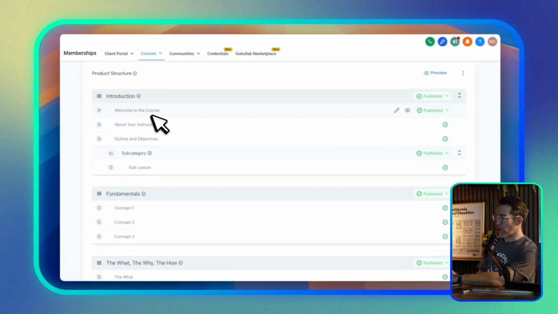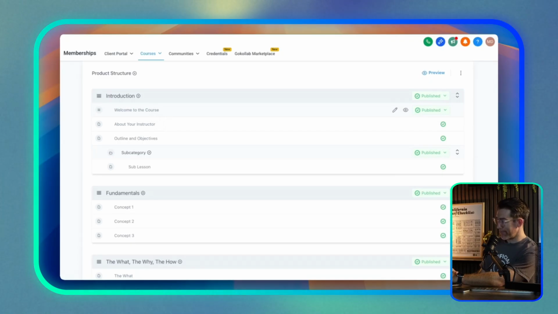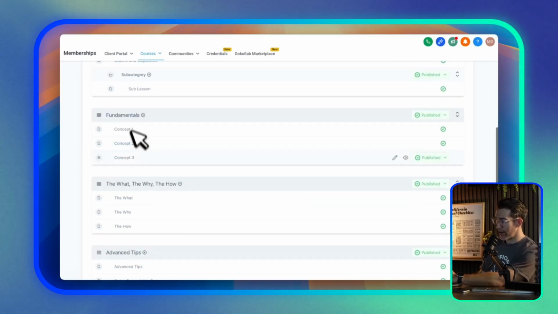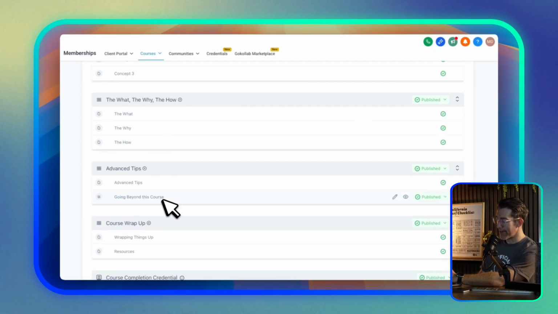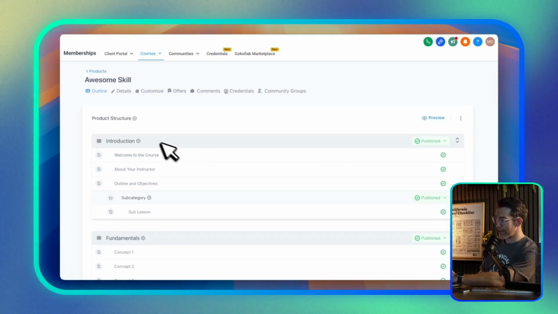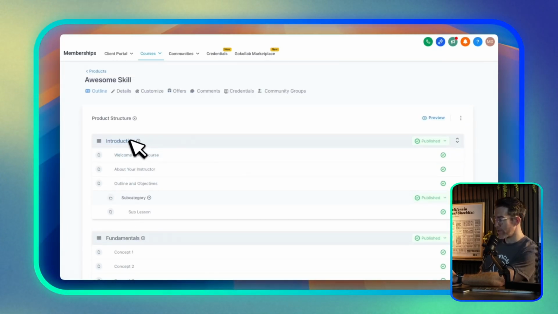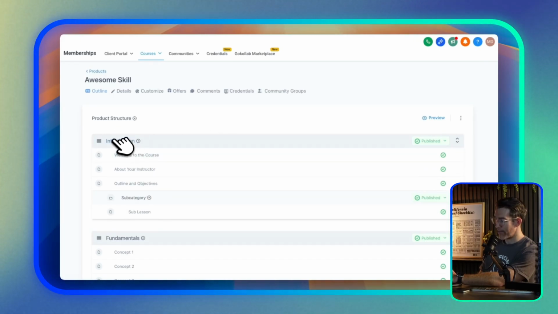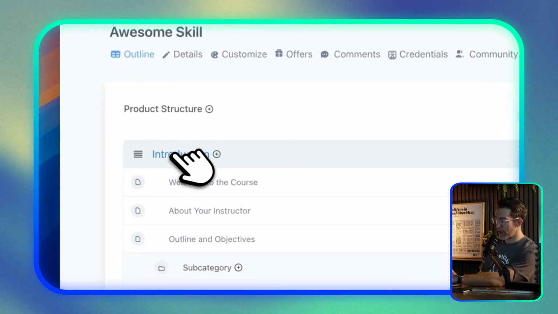So now, because we've started with the template, if you will, starting structures, it's a little bit easier. There's more you're going to have to delete, but it's easier to conceptualize what you want to do. So then you want to know, how do I edit these items? Like, cool, I've got it. How do I edit these items? You just click into them. So if I click on introduction right now,